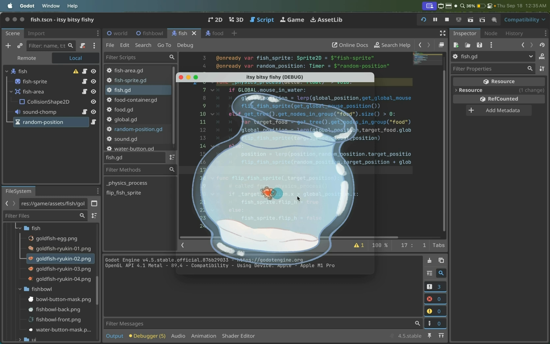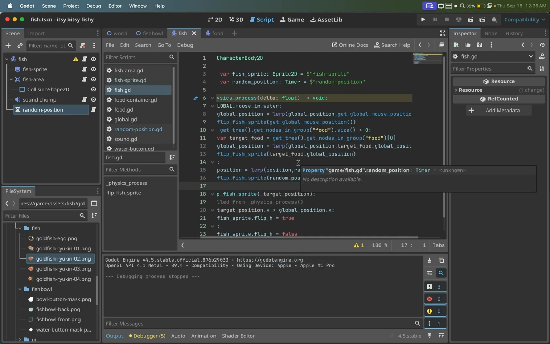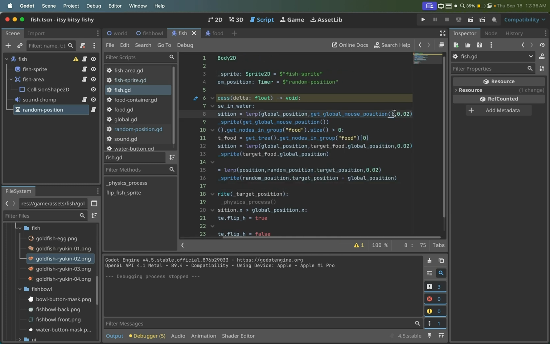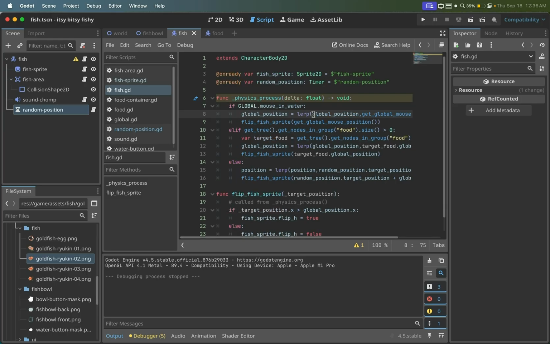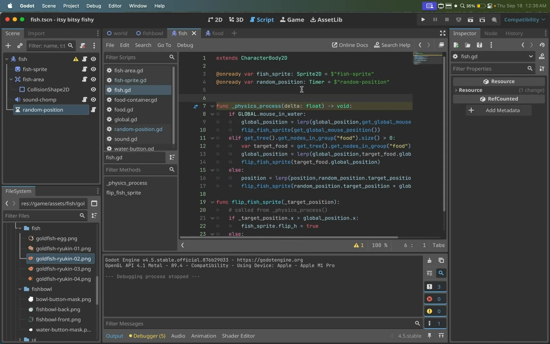So you'll notice that the fish is moving towards the mouse, and it always ends up positioning itself so that its body is at the center of the target position. But what we actually want is for the collision shape to be the one at the target position. And so what we can do is just go here and subtract the collision shape position. But first we have to get a reference to it. So just drag and drop fish area and hold down Control or Command